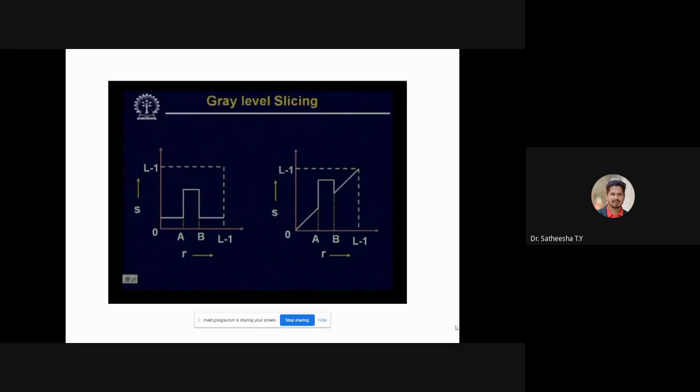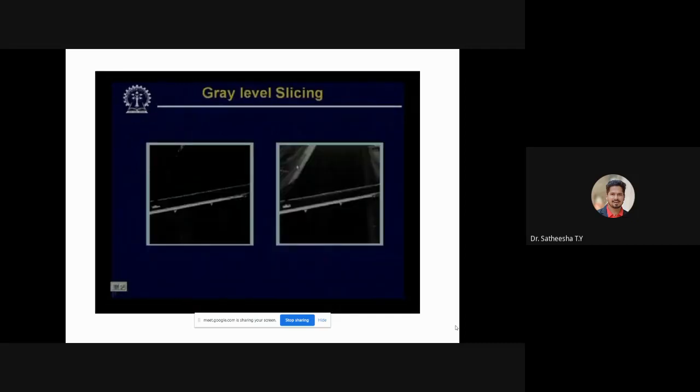On the right hand side, the transformation function shows that within A and B, the image will be enhanced, but outside this range the original image will be retained.